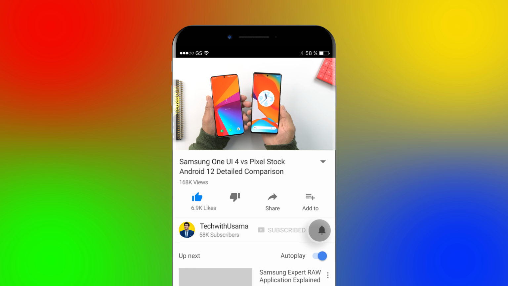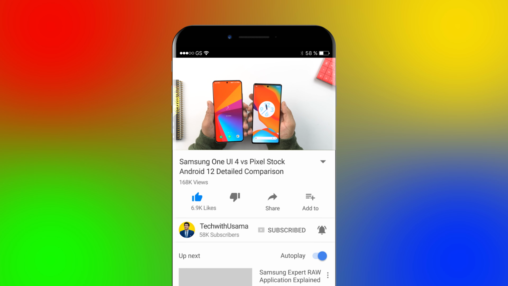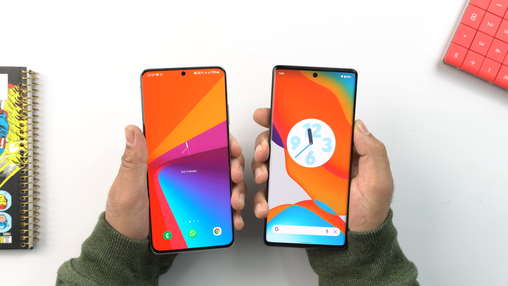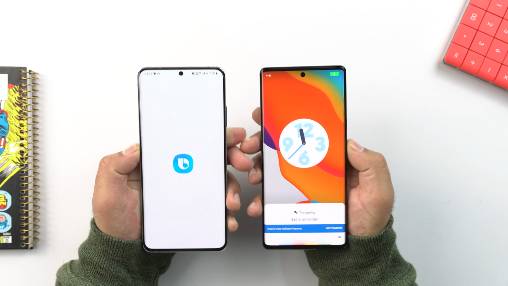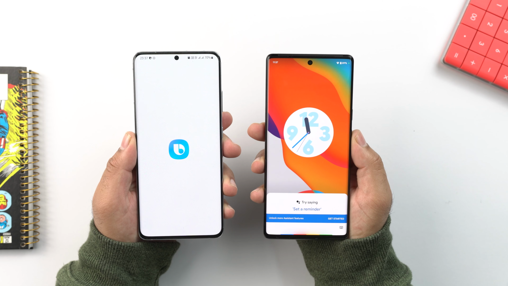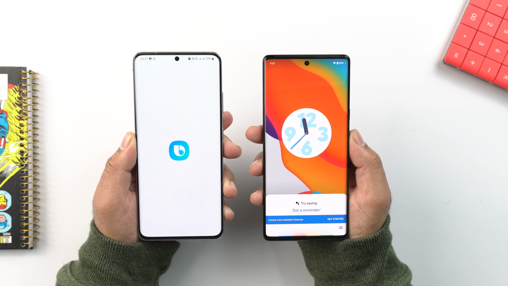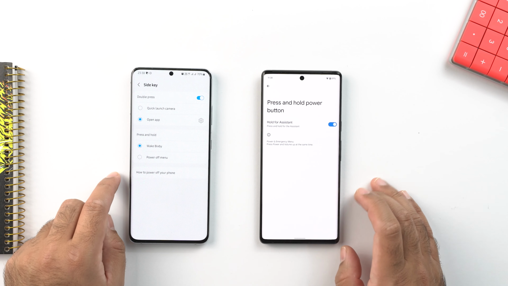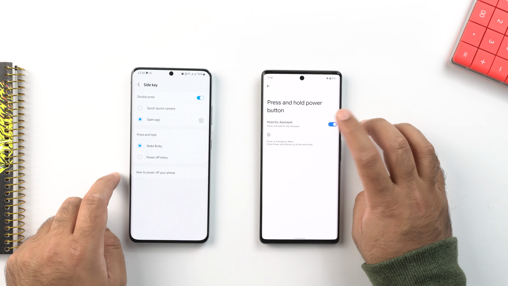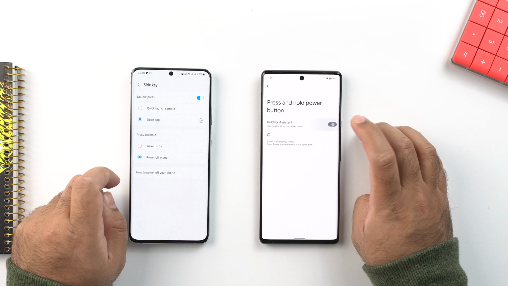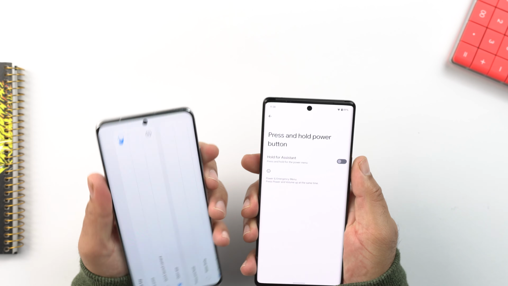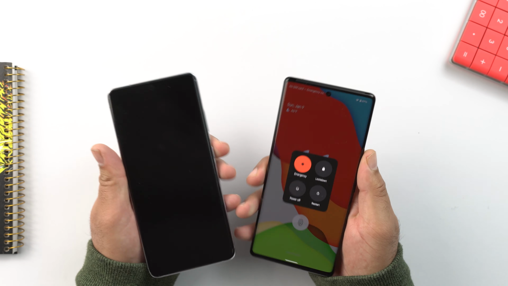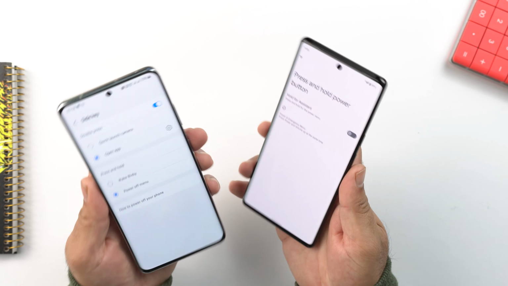Okay, let's start off with the button functionality. Both phones have their power keys set to their smart assistants by default. Power button on the Samsung launches Bixby and on the Pixel launches Google Assistant. You can change it on both the operating systems to power functionality or to launch any other application of your choice. Stock Android relies on the assistant only. The One UI gives you the freedom of choosing between the assistant and the Samsung Bixby, and I would choose the assistant any day over the Bixby.